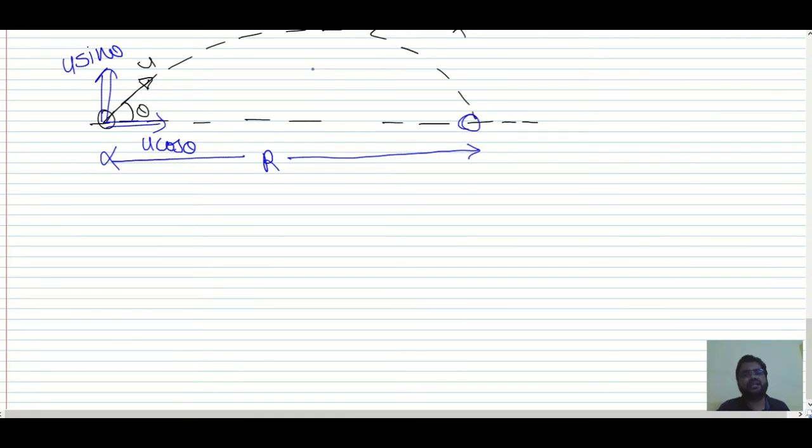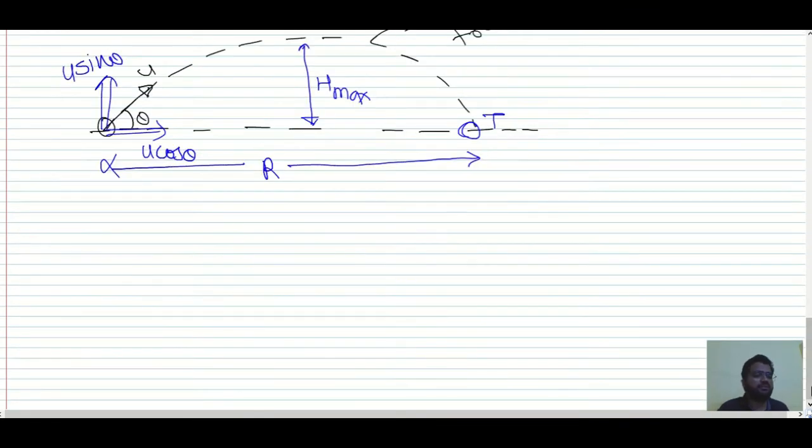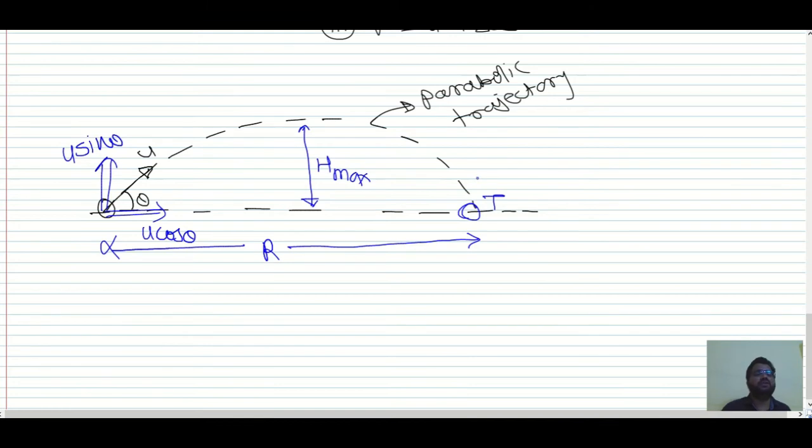Along the vertical direction, the maximum displacement we have is h max, and the time required for this ball to go from one point to the other point is called the time of flight. Now just forget about the projectile. It is only the horizontal and the vertical direction that you need to remember. Along the horizontal direction and along the vertical direction,